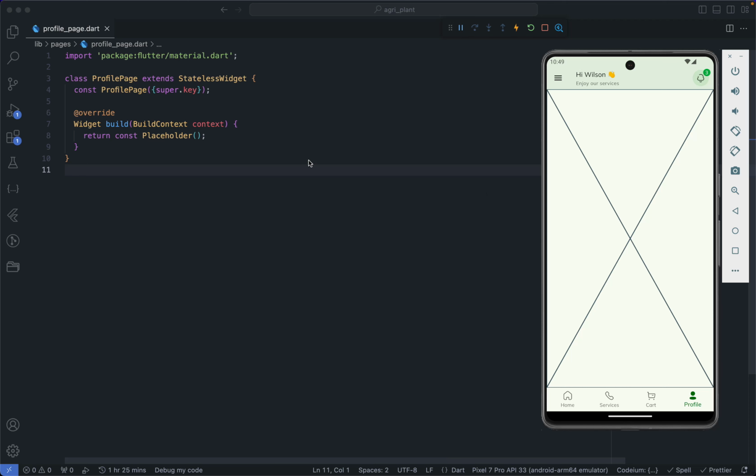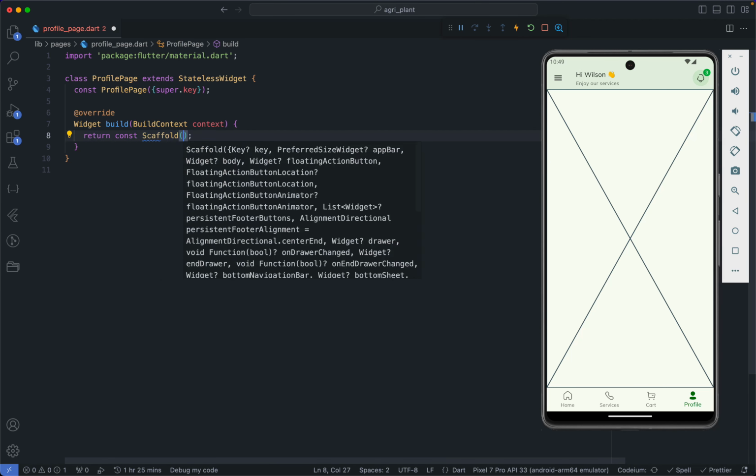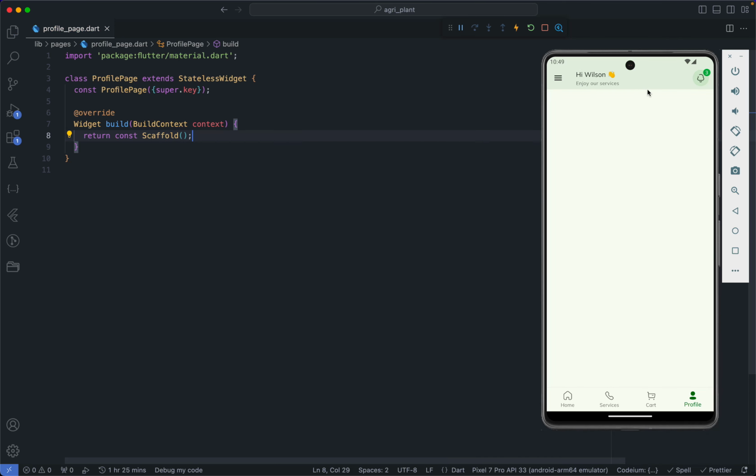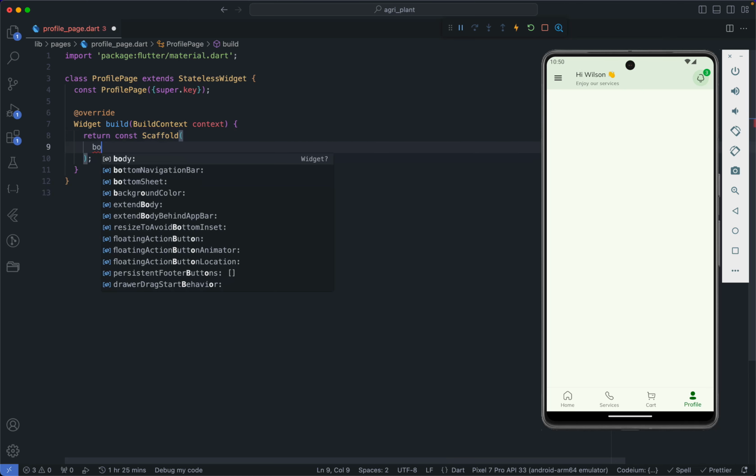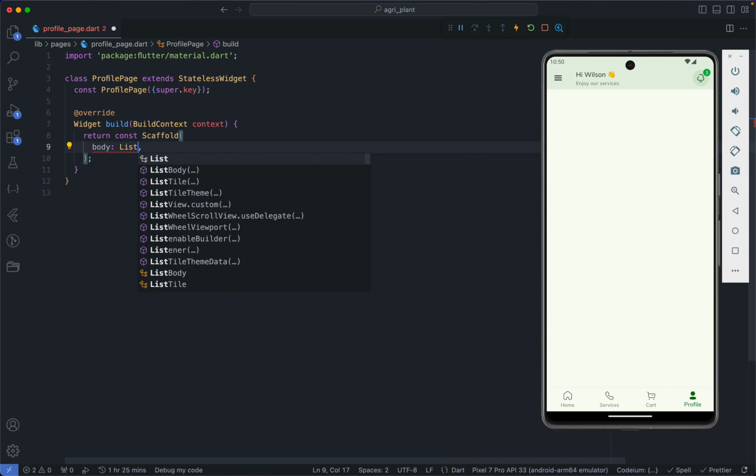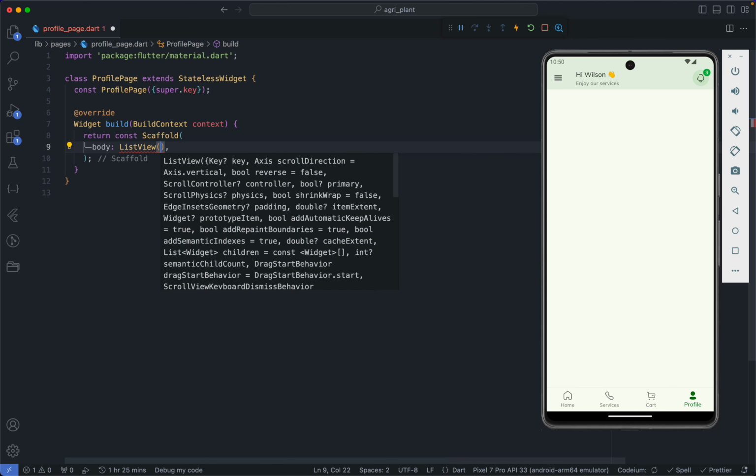So back in VS Code, the profile page just has a placeholder, right? So the first thing we're going to do is change it from placeholder to a scaffold, and when we save, we should have a blank page over here. Now within the scaffold, we are going to have a body, and the body is going to have a list view, right? So we want our page to be scrollable,